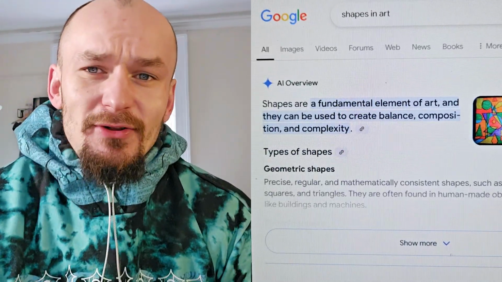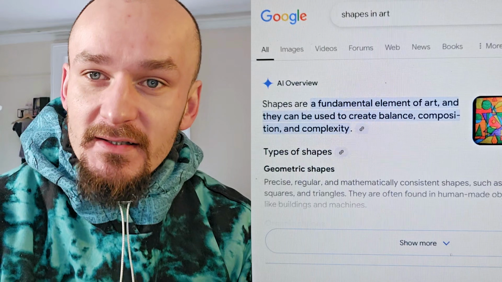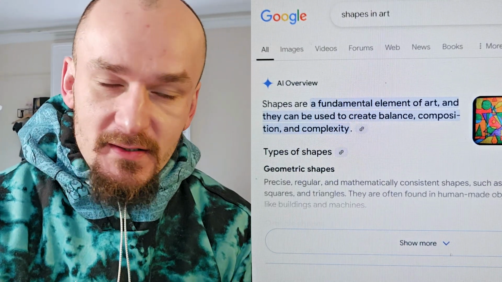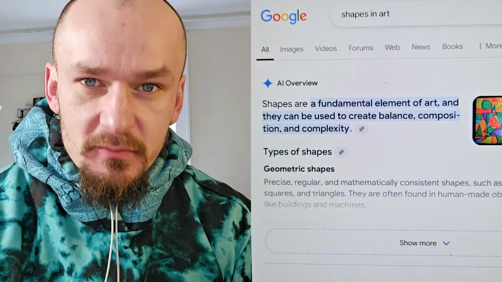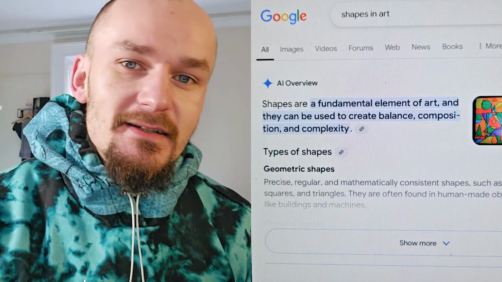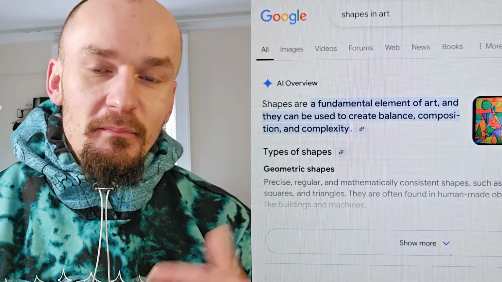Shapes are fundamental elements of art and they can be used to create balance, composition and complexity. So guys, welcome to lesson 11 where we're going to be looking at shapes. Again, these lessons are short, sweet, aimed at everybody just wanting to learn about the art world and improve their